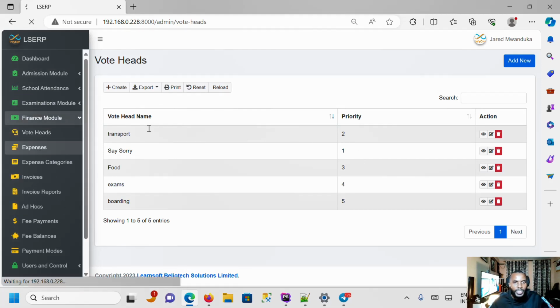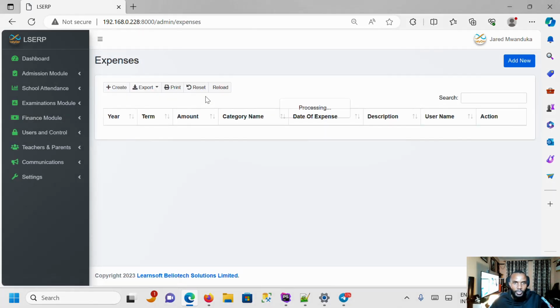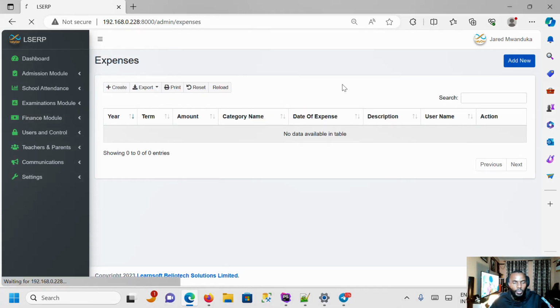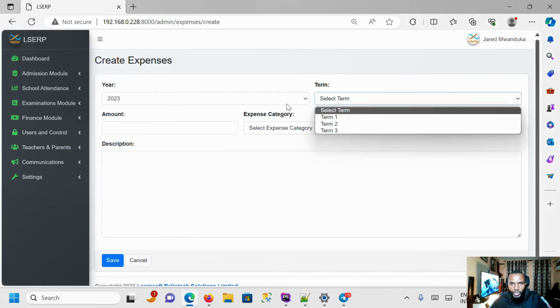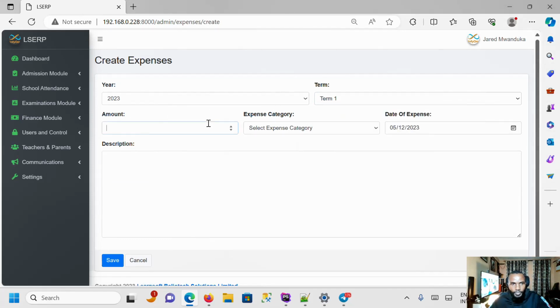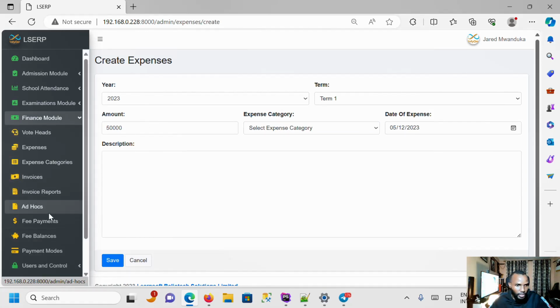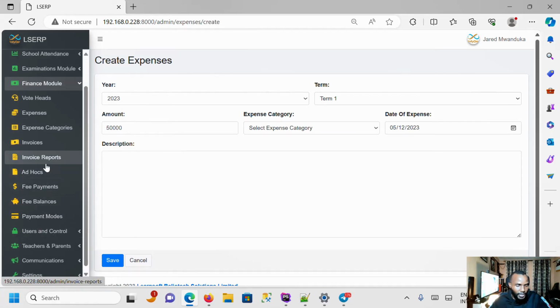We also have expenses. Expenses is very important. We need to monitor expenditure, how the school is spending. So in this case, if I say we're doing for 2023, term 1, let's say the school spent 50,000, for example. Category, all right, it's not defined. I need to define category. So let me define category,